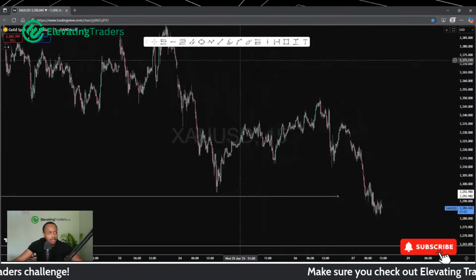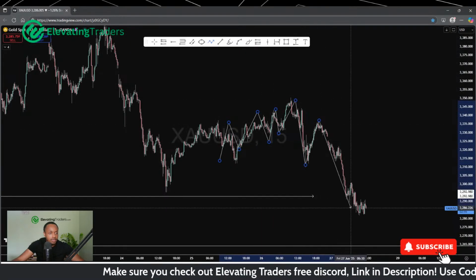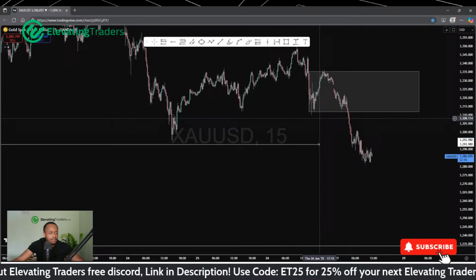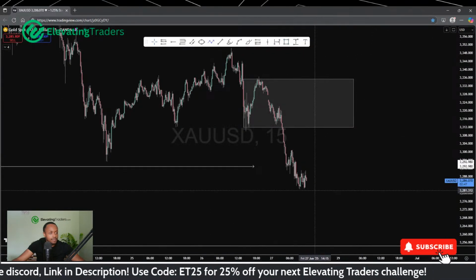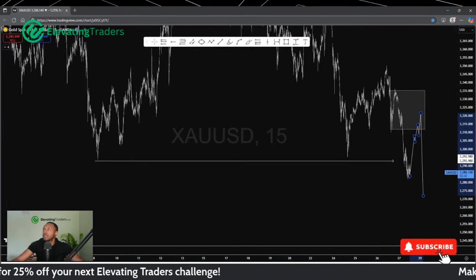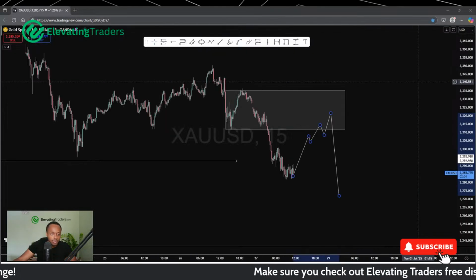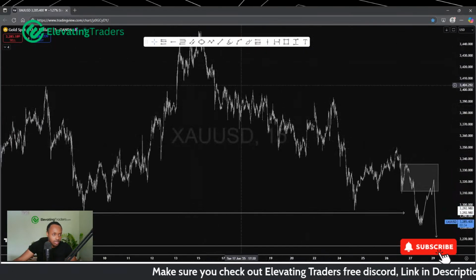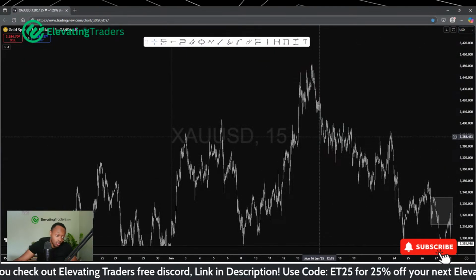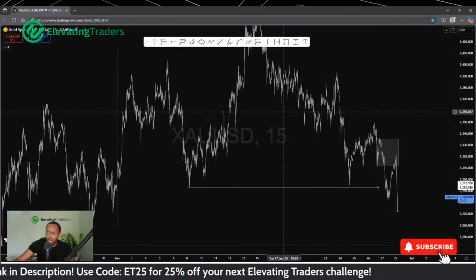But the way I see it, we had another corrective pullback here. Market's topped out. So I would be looking for maybe a drive back into this area. Retest of somewhere in there. That would be a nice place for a short for me. And yeah, I'll be looking at more downside. I don't think I'll be looking for anything crazy. Gold has been trending to the downside for a while now. Basically since the high over there we formed last week, or actually no, Monday. Yeah, so at the start of this week we formed the high, which has been trending lower since then.